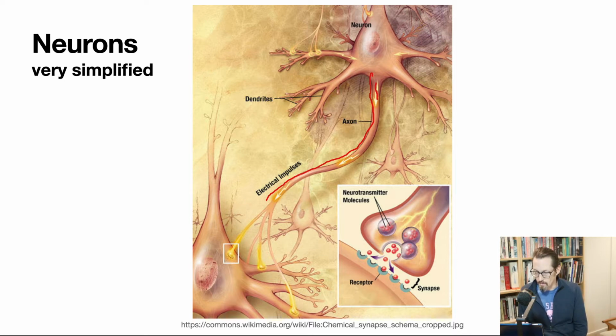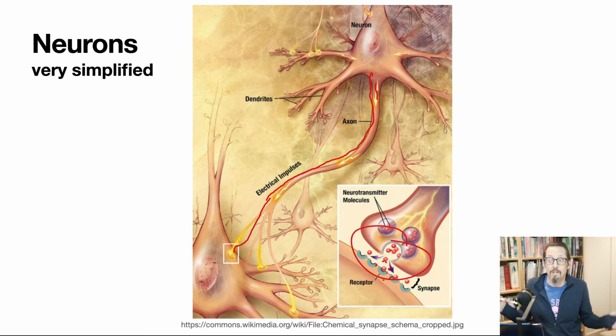And when it gets down to the edge of a neuron down here, the electrical potential is going to open up the cell and let it drop little bits of chemical out, and those bits of chemical are going to attach to the next cell, and that is going to cause that cell's membrane to start throwing ions in and out, which will create another electrical potential, and maybe that signal will propagate along to the next cell along. Or maybe it won't. Maybe at this stage everything breaks down and no signal goes forward.